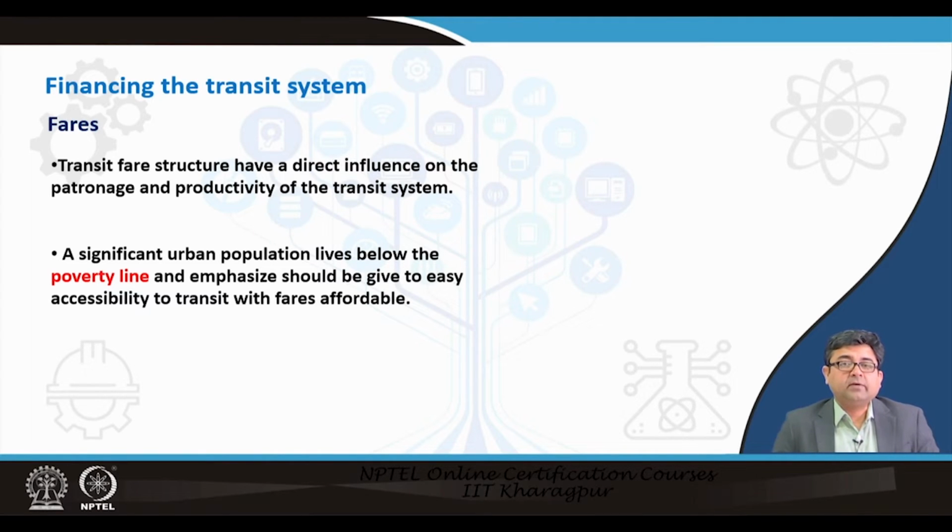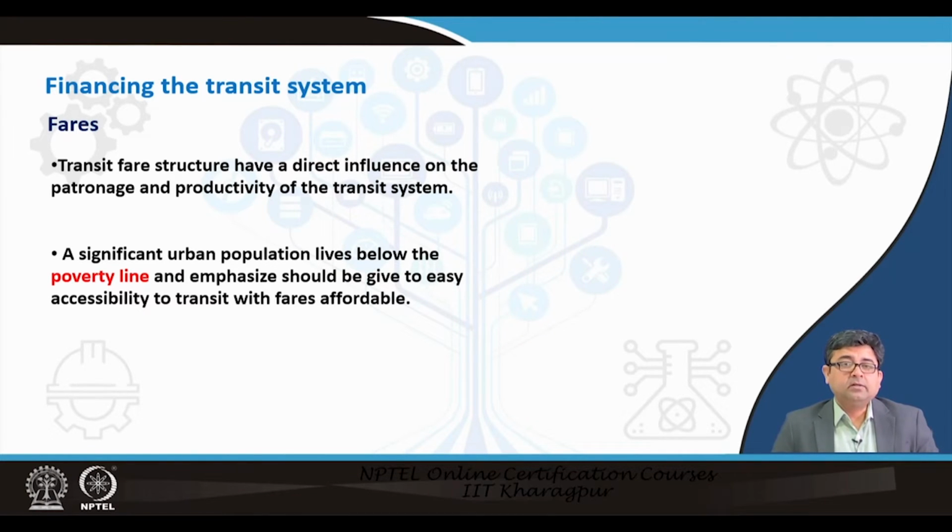Transit fare structure has a direct influence on the patronage and the productivity of the system. So, if the fares are high, in most cases public transportation systems will have low ridership, right. So people are not very keen to raise public transportation fares, fearing that it may lead to fewer people taking the system, and then the revenues may